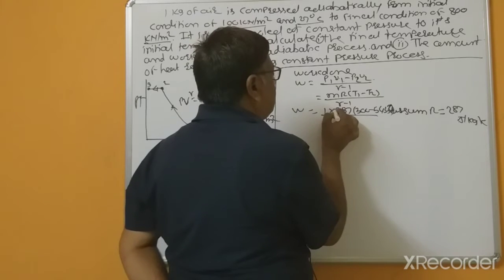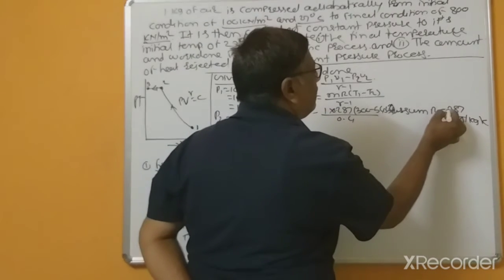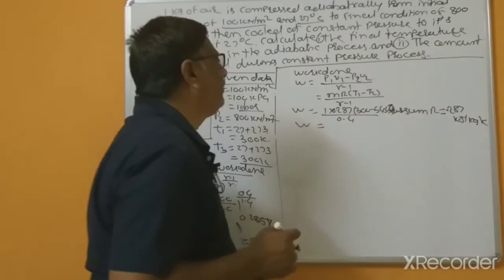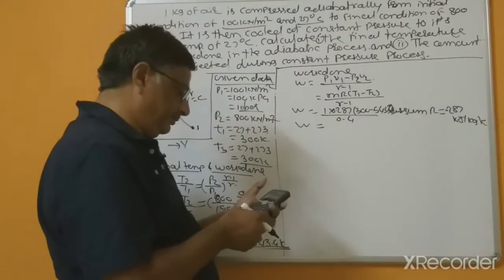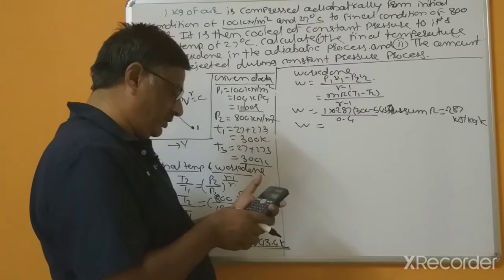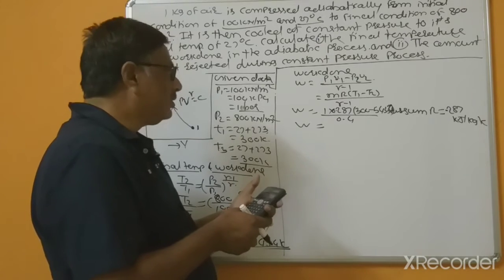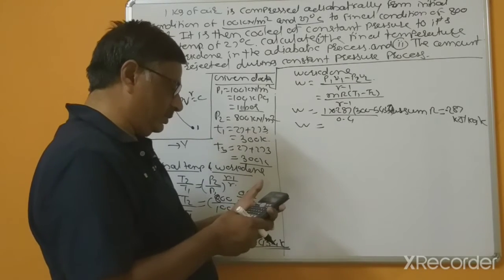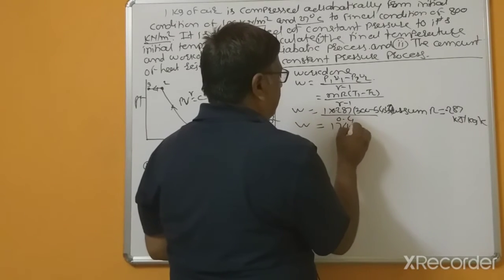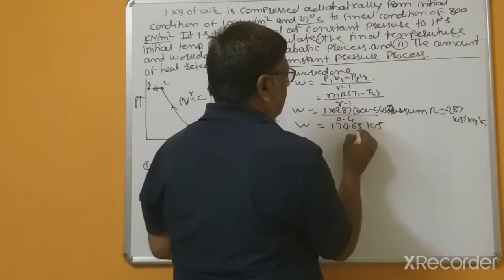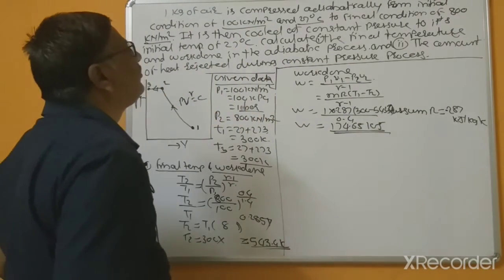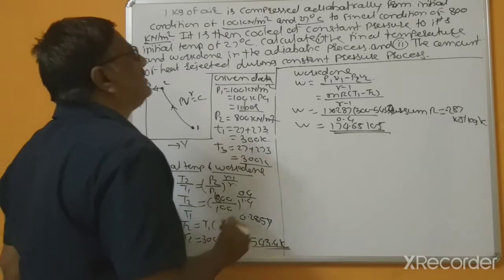I consider this as 0.287 kilojoule, because otherwise this value will increase. So 0.287 multiplied by (300 minus 543.4) divided by 0.4 gives 174.65 kilojoule. This is your first answer. Next, the second answer,